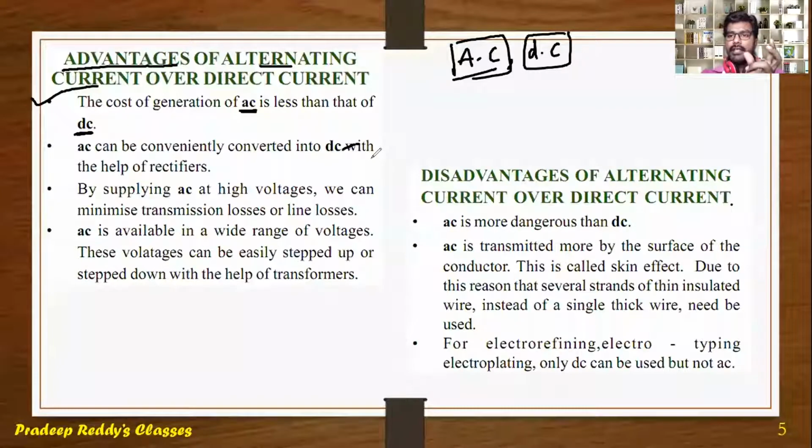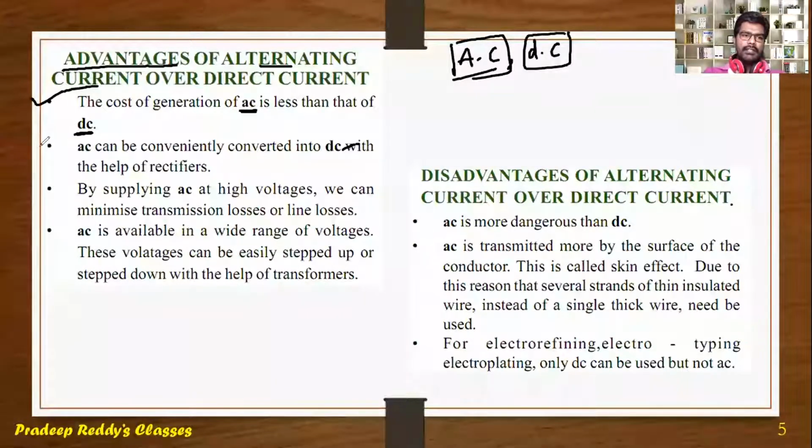For production of direct current, we require batteries, and manufacturing of batteries is very expensive. You need ions and you need to mobilize them. That becomes very expensive. Therefore, the cost of production of AC is very low. You take a coil, place it in an external magnetic field and just go on rotating that coil, and EMF will be developed. So generation of AC is much less expensive than that of DC.